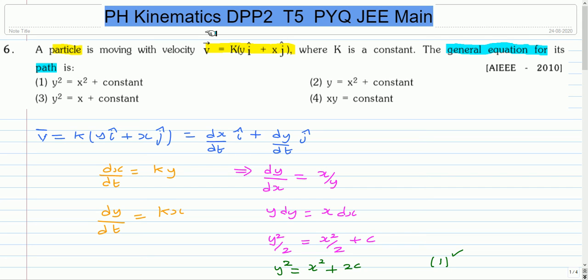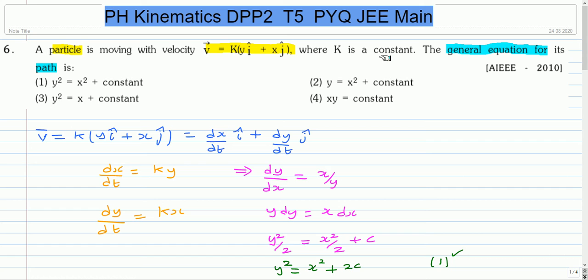In this video, I'll discuss some kinematics problems from previous year's question papers of JEE main exam. This is the first question. A particle is moving with velocity v equal to k into y i cap plus x j cap, where k